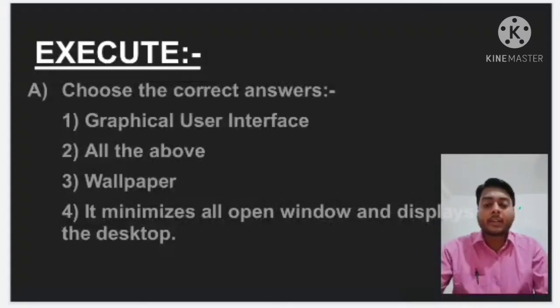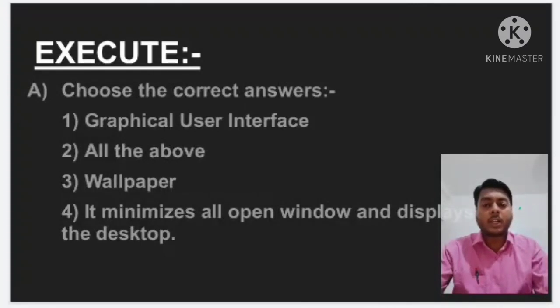Second, OS provides an environment in which hardware components are used in the best possible manner. Yes, it is also correct. C, OS is responsible for executing various programs, whether user or system programs. It is also correct. So these 3 options are correct and you choose only one option.